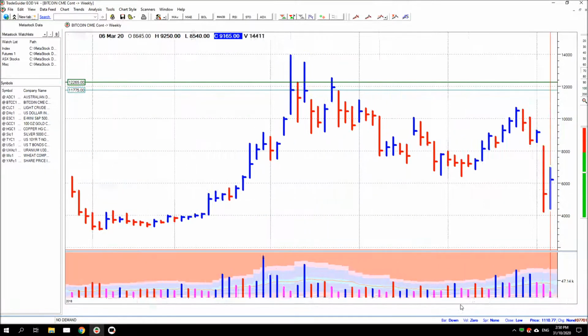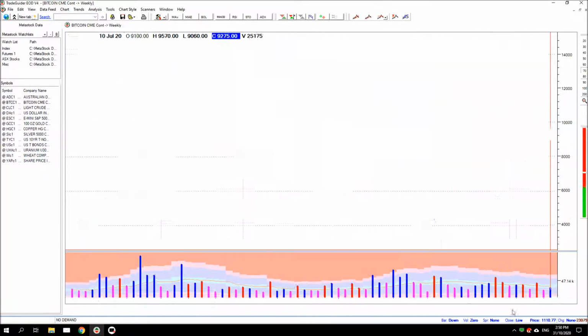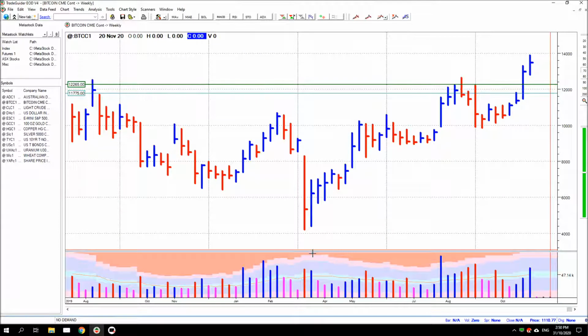But you can see this attempt to challenge the longer term resistance failed. And price came back, went through a period of consolidation, and then did this little shakeout thing here. Now,